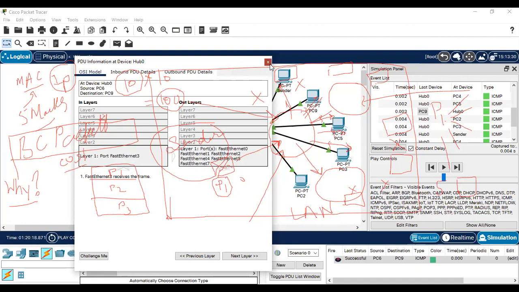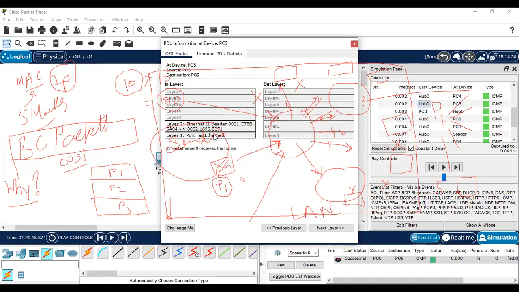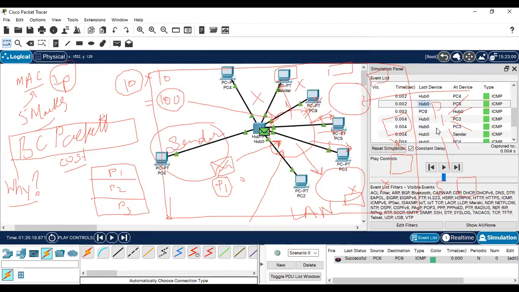And if we talk about the hub, it is talking about Ethernet, layer 2 and layer 1. So the hub basically works on the MAC layer, which is layer 2 also. So the first two layers are for this. And you can see how this packet is sent to the destination, and then the destination acknowledges the packet to the sender, and then it becomes a successful communication between the